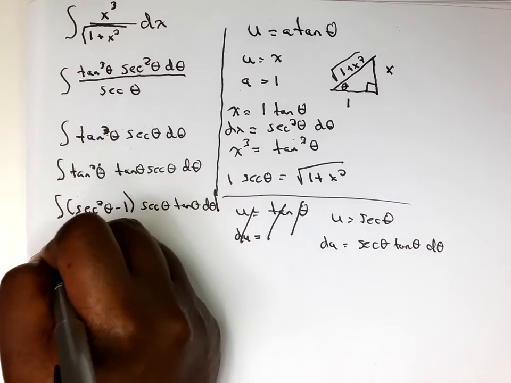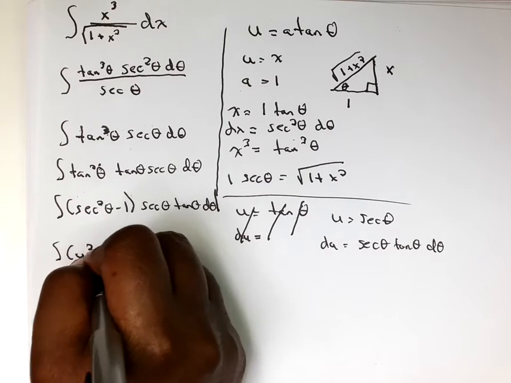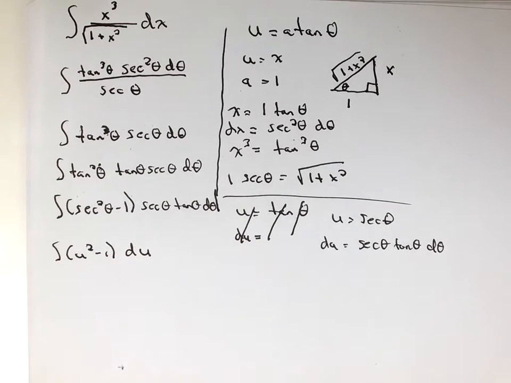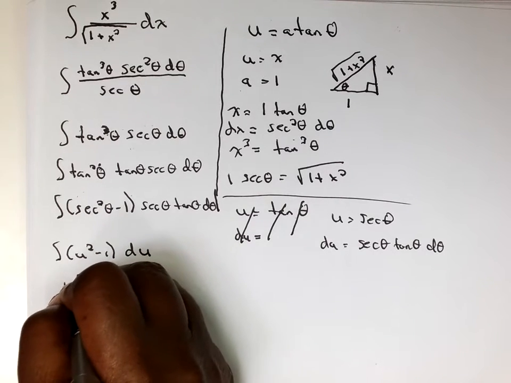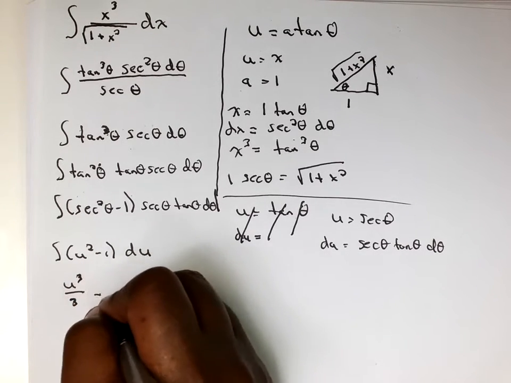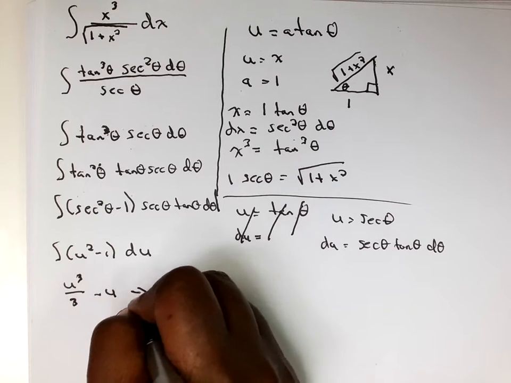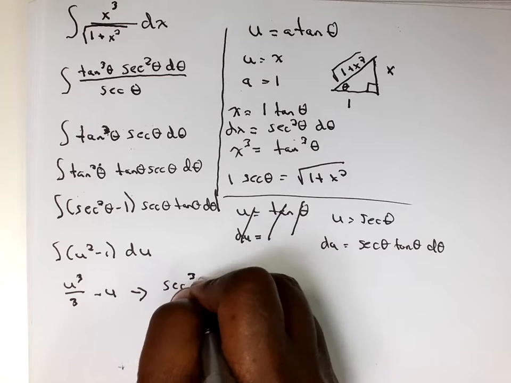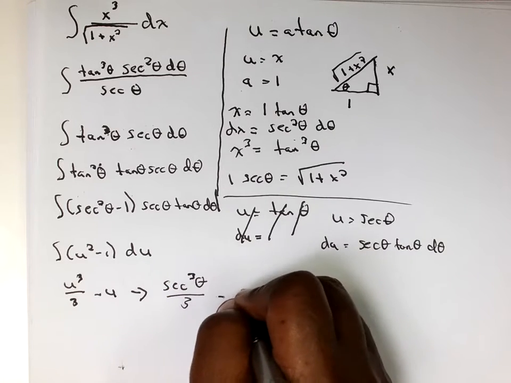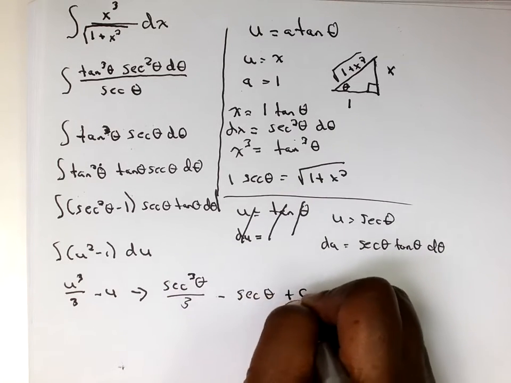So this becomes u squared minus 1 du. Now I can integrate it. So this will be u cubed over 3 minus u. And then substitute it back into the trig, gives me secant cubed theta over 3 minus secant theta plus c,